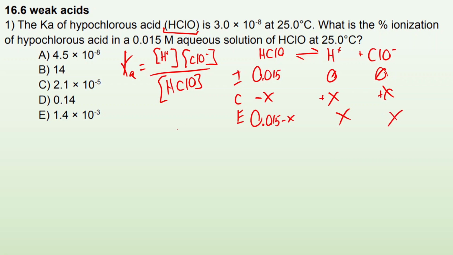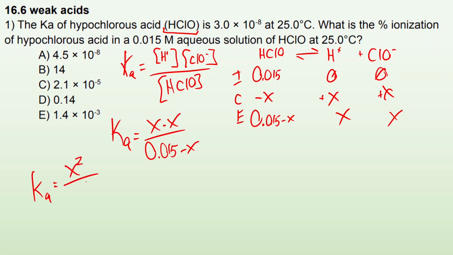So now I can plug and chug this into my Ka expression. Ka equals X times X all over 0.015 minus X. So now we're going to do a little algebra and get it into the ax squared plus bx plus c format. So I end up with Ka equals x squared over 0.015 minus x. Let me multiply both sides by the denominator. So I end up with x squared equals Ka times 0.015 minus x. And if I distribute that, I end up with